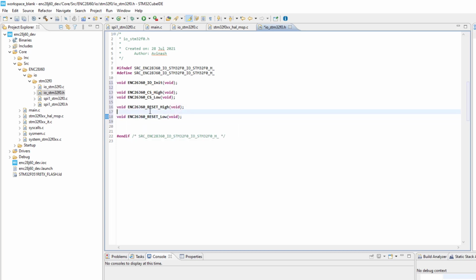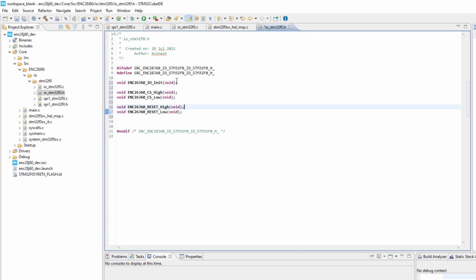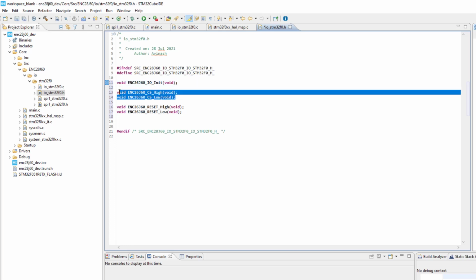You can notice that I have also grouped the functions. This initialization function does not have any counterpart, so it is alone, and I have put a single blank line and then grouped the next functions.